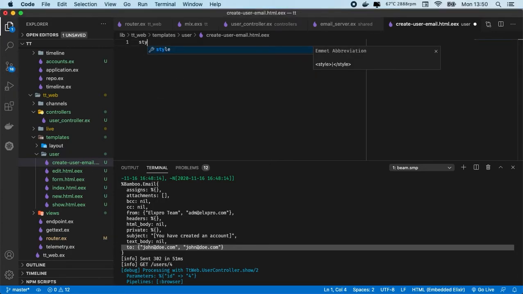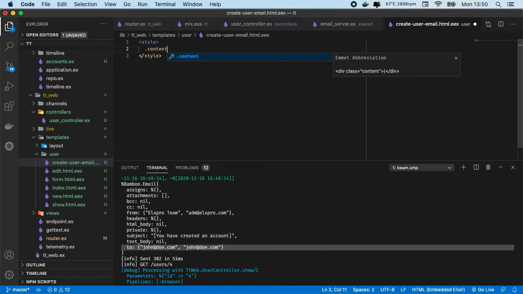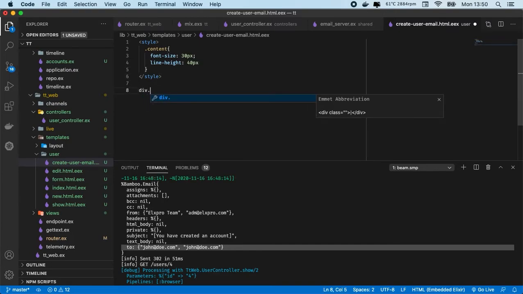We can start using the style, and in this style we can create a class like content, and in content we are going to pass the font size, 30 pixels, and line height, something like 40 pixels. And now let's create our div content, and we can send a message like